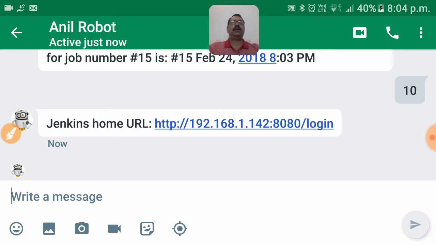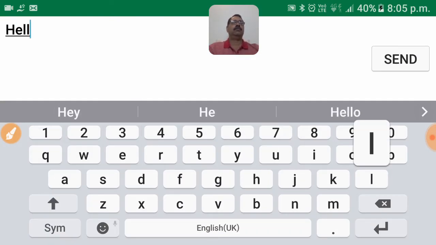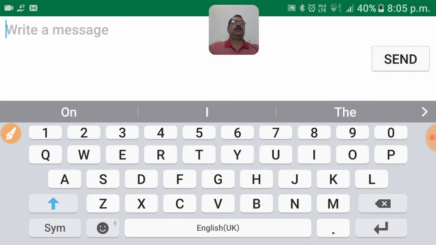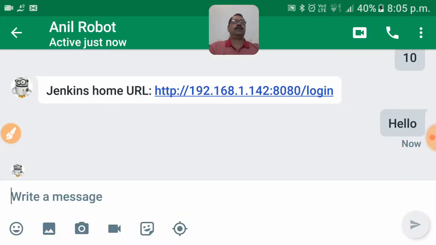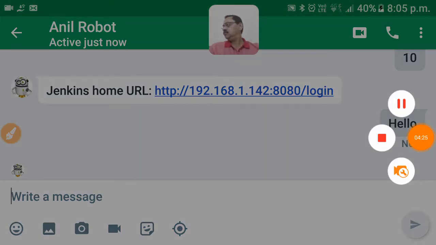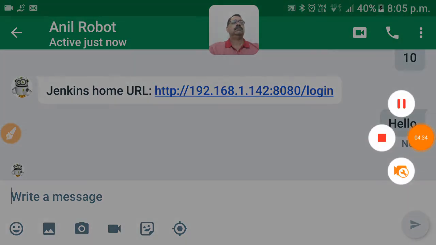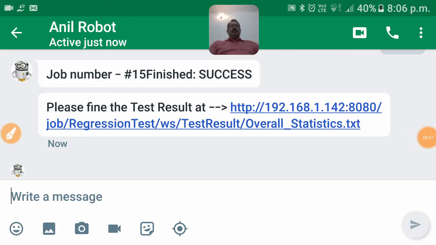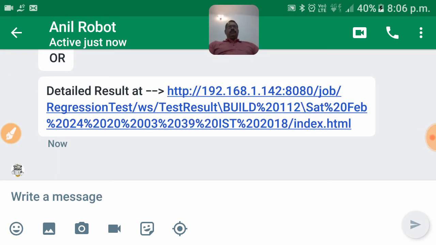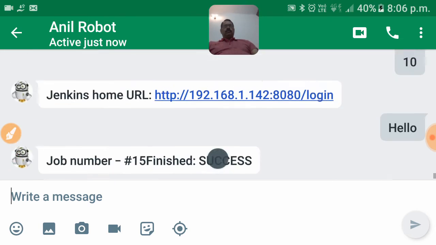You just have to say anything to the bot, say hello, so that it knows that you are still in chat with him, and he will check the status for you. So you can see that